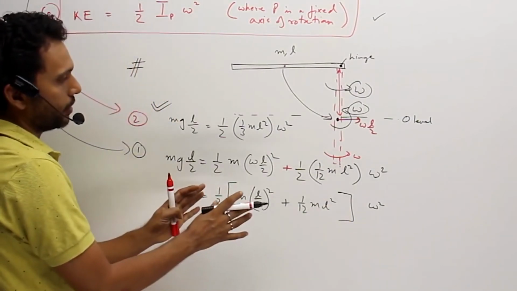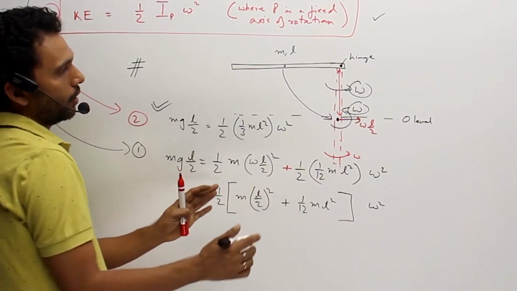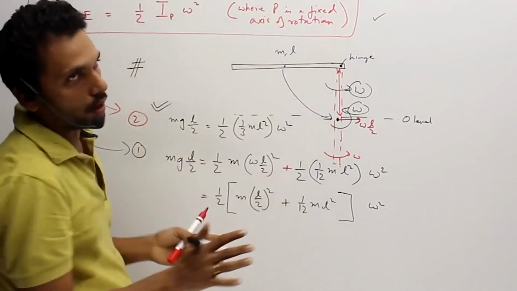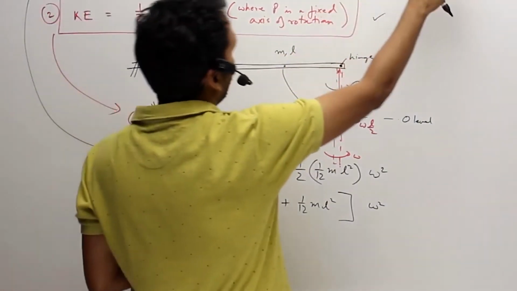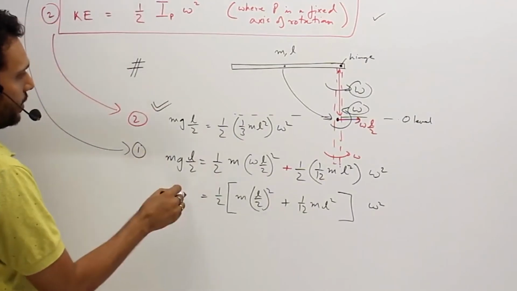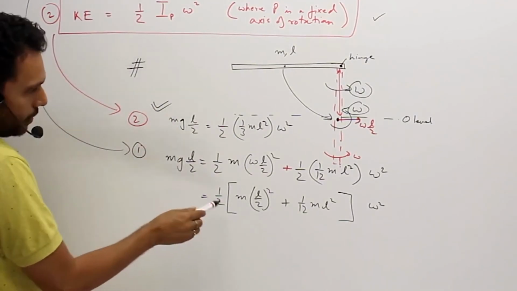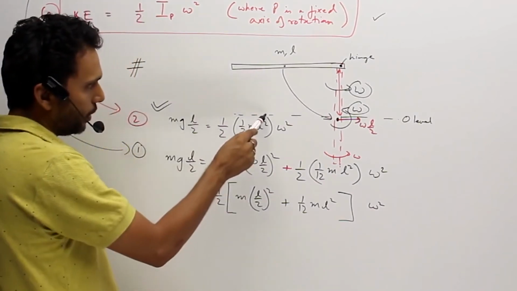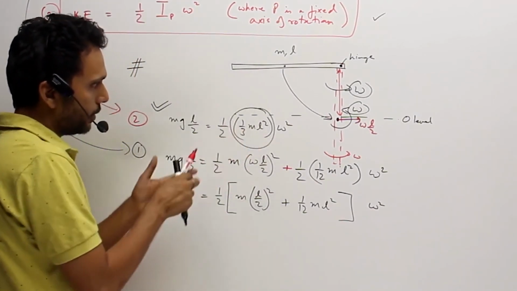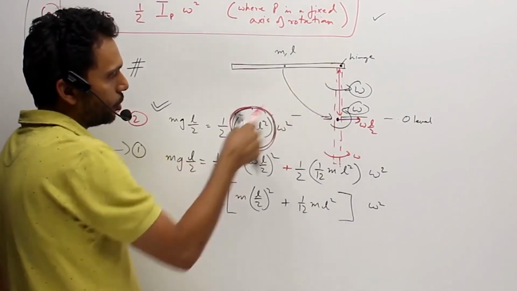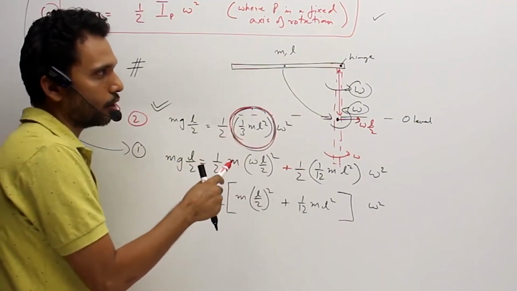So what it is showing you is that applying the parallel axis theorem or applying this formula correctly is all the same thing. It is of the CM and around the CM. If you apply, you get basically the same thing. So whether you apply this or this, you get the same answer. This is one line long, but it looks one line long because you already knew that the I above the hinge was 1 by 3 ml square. So that is not known for all bodies.